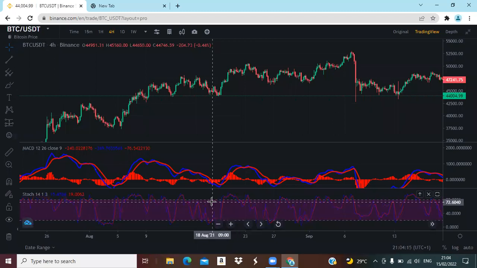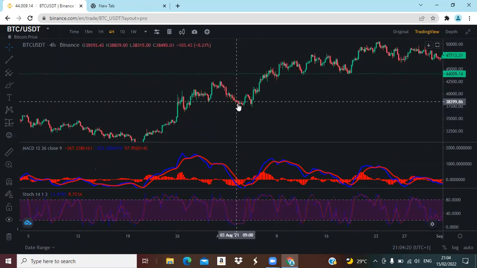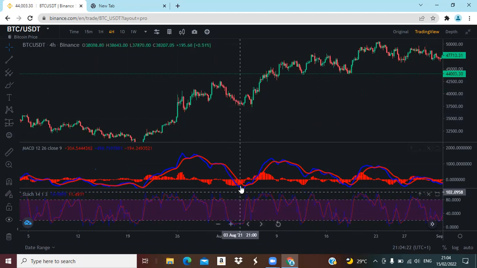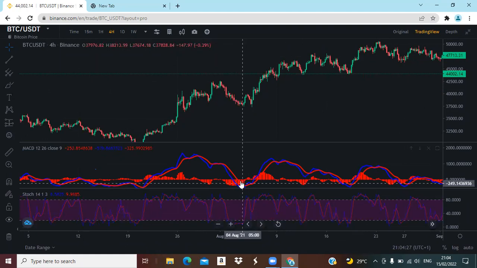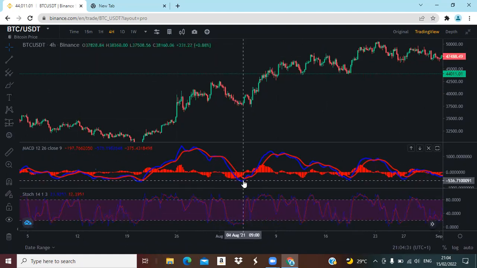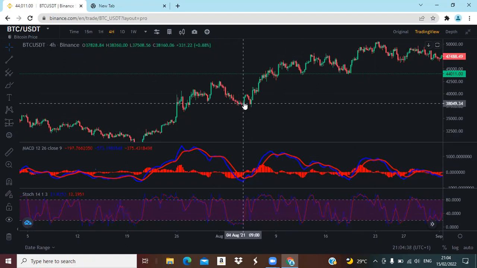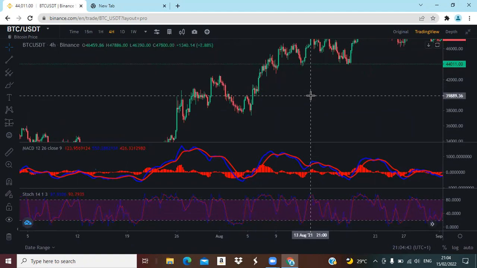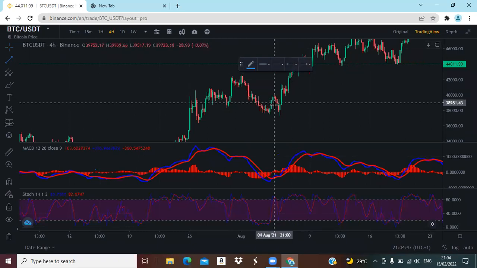Now, let me take an example. Let's say in this case, the market comes back down and enters into oversold condition. The MACD comes inside this area, also oversold, but this is the negative side of MACD. The MACD line and signal line are on the negative side, and then we see this kind of move. It's an indication that the market is going to go up. So when you take this trade, let's say you take a trade at this point,